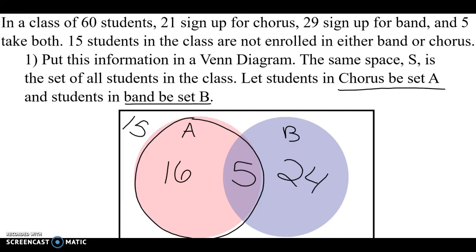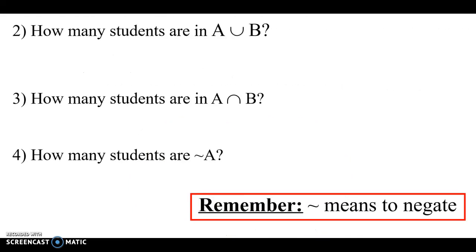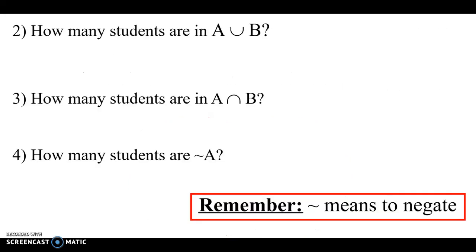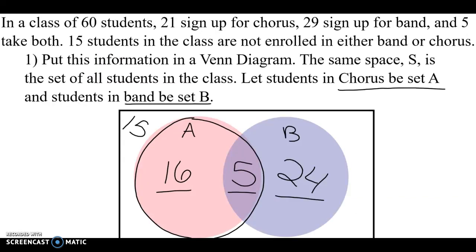So now that we have this information, we can answer our questions. So the first question asks, how many students are in A or in B? So 16 plus 5 plus 24 is what? 45. Good. Now, if you didn't do the Venn diagram, usually people do 21 plus 29 plus 5. But can you see how that's